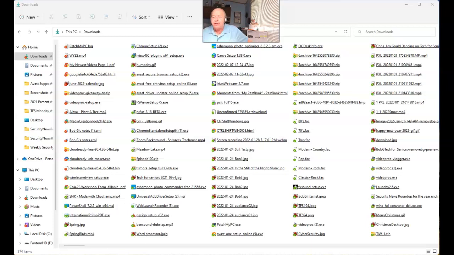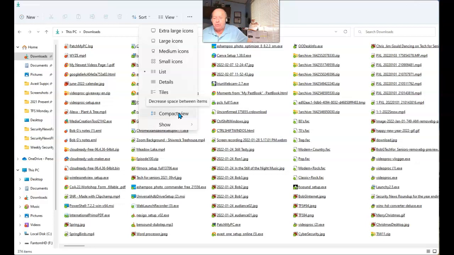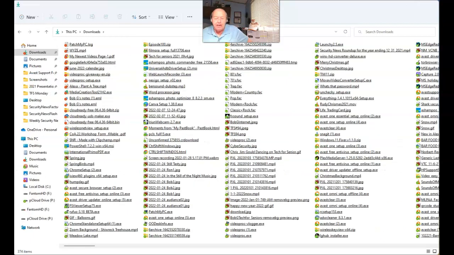Increase what you can see and access in File Explorer in Windows 11 by making a very simple change. Once you've opened up File Explorer under View, simply select Compact View and watch what happens. The spacing in between the items has been decreased, and lots more things are available that you can now access